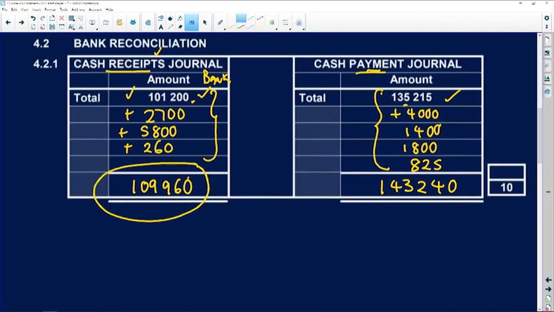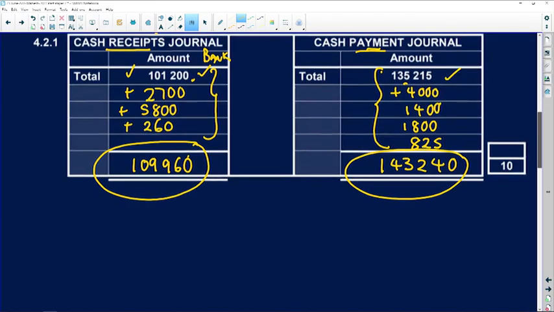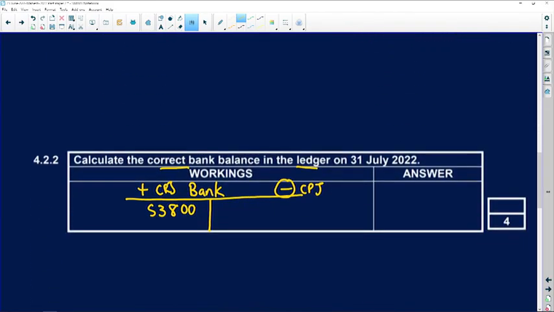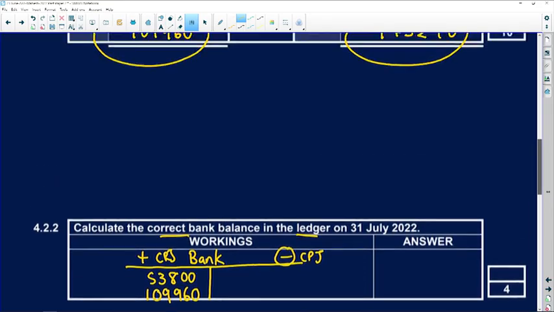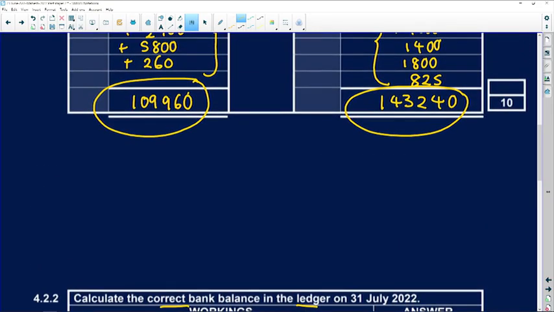So here's my CRJ total, and obviously here's my CPJ total. Okay, so let's add 109,960, from our CRJ, and we are subtracting from our CPJ,